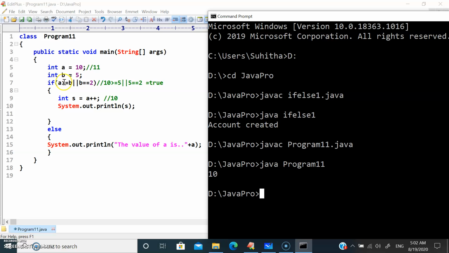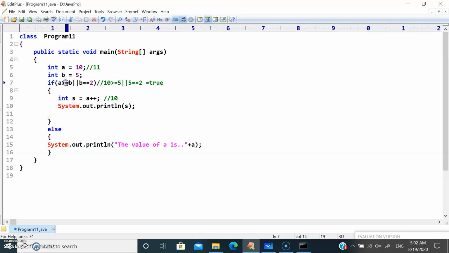For example, let me change it to a is less than or equal to b. 10 is less than or equal to 5? No. Both conditions are false. So both conditions are false, then it should go to the else statement. It's going to print the value of a is.